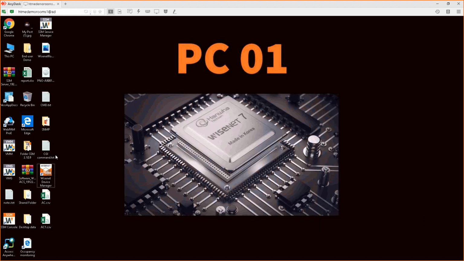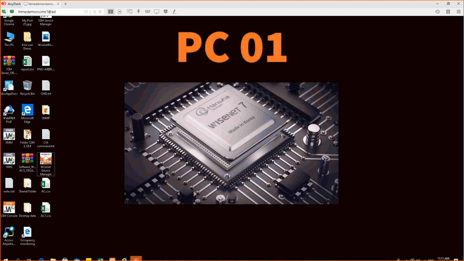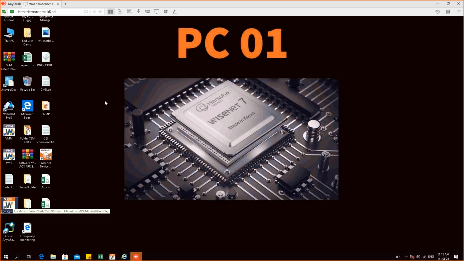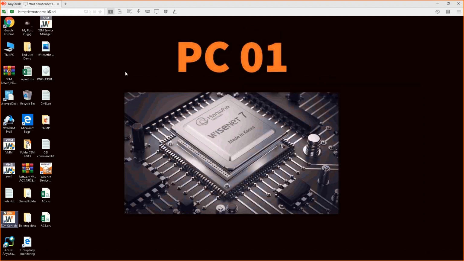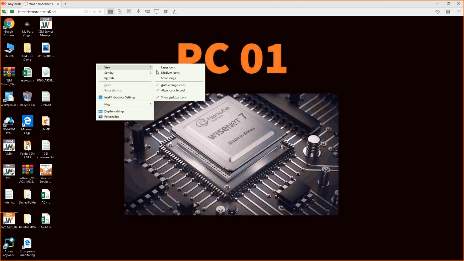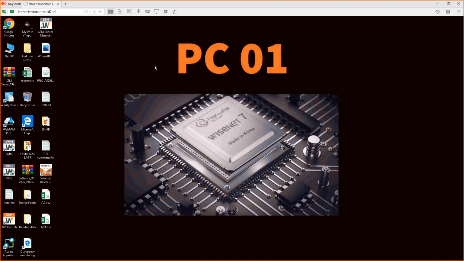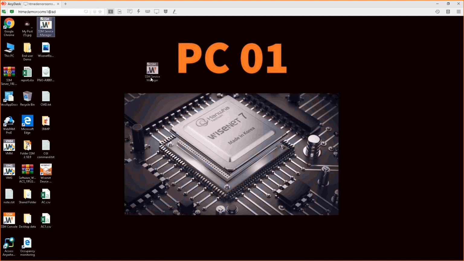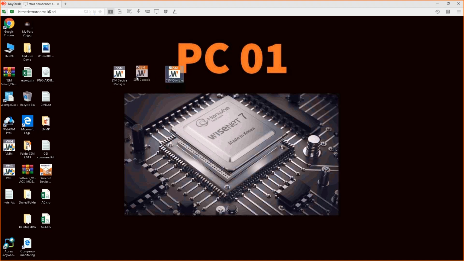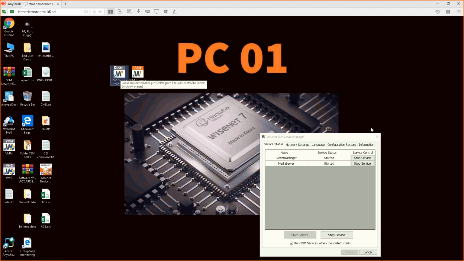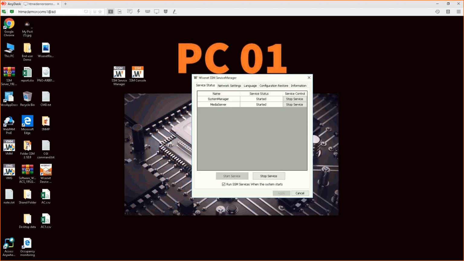So, what constitutes the SSM VMS as a minimum? There are two applications that are required as a minimum to have SSM VMS. One is SSM Service Manager, and then you have SSM Console. All right, Service Manager and Console. The manager application is entirely responsible for the database. It is entirely responsible for the recording. What makes a VMS? Database and recording, right?